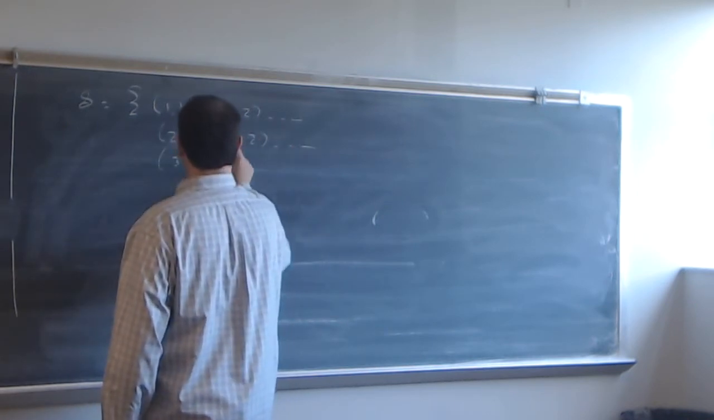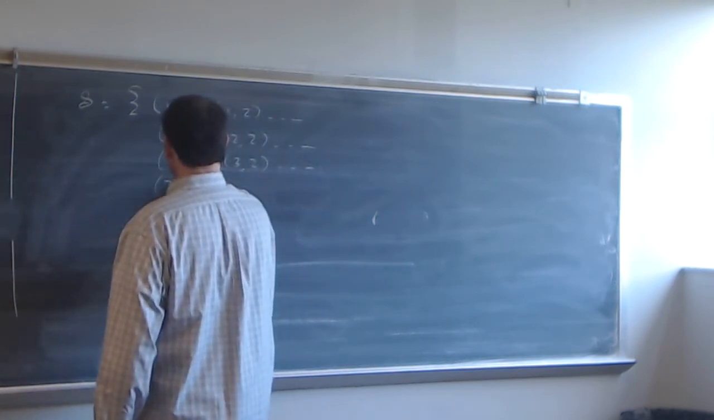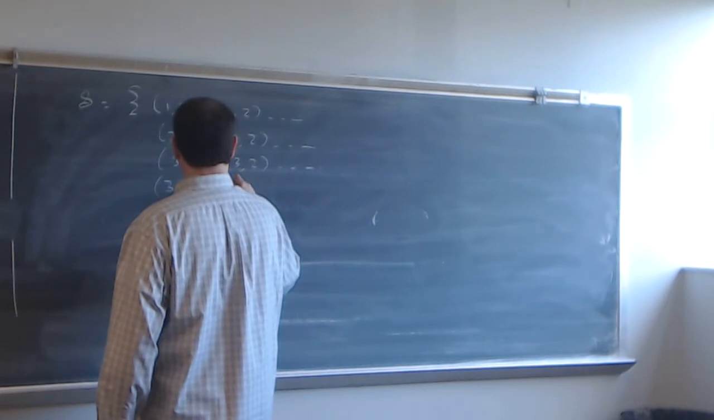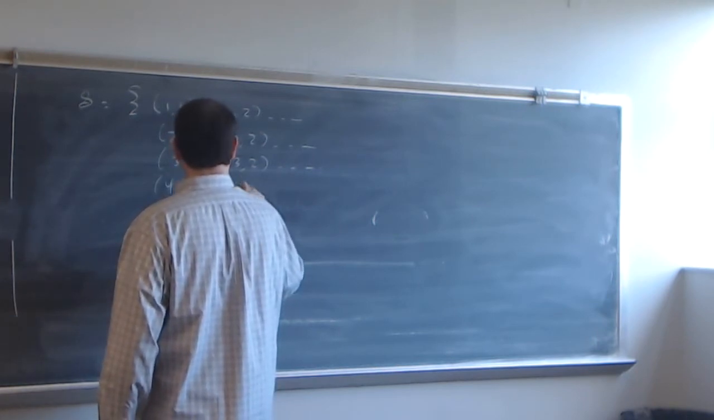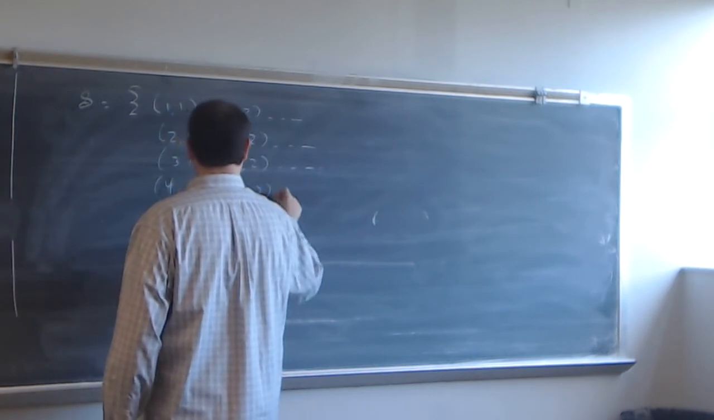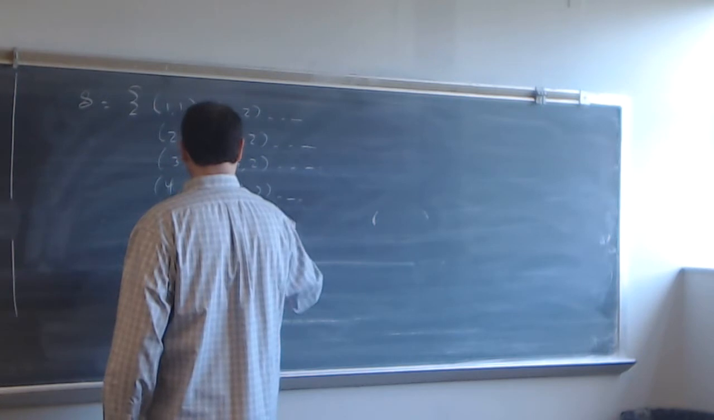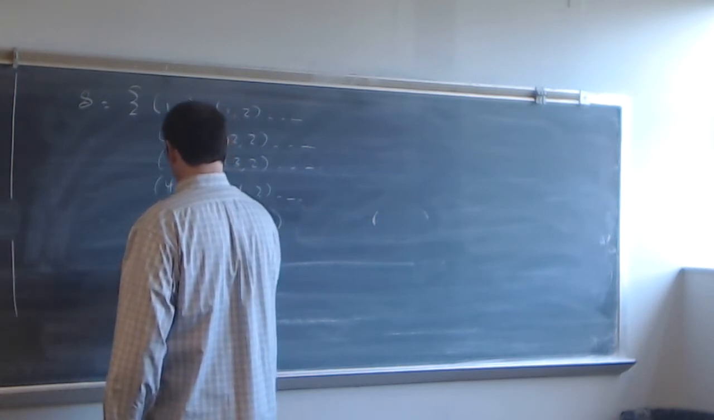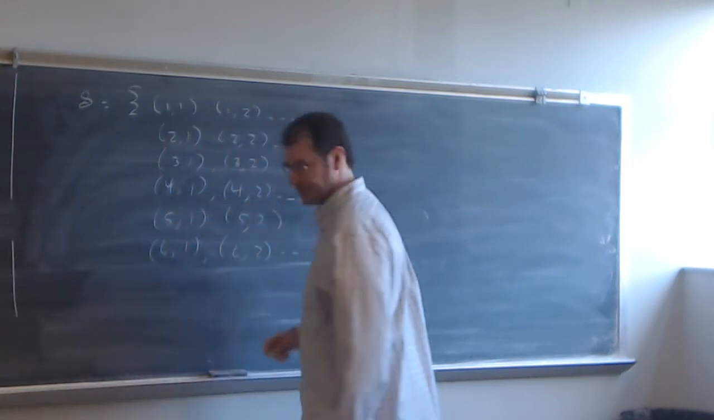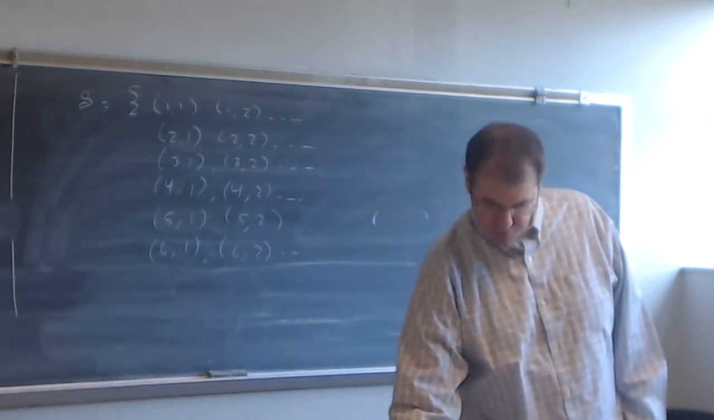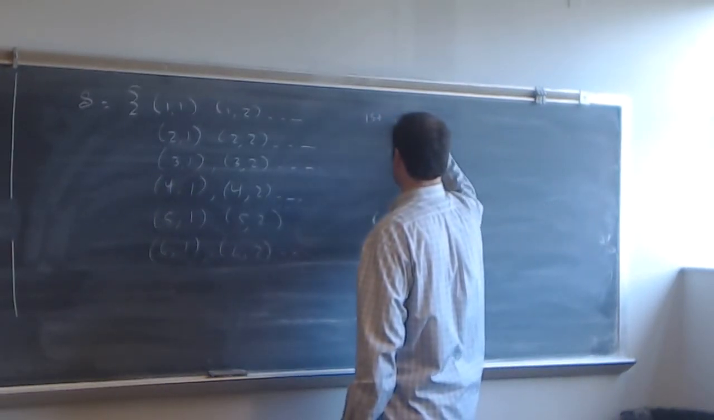3,1, 3,2, and so forth. Then 4,1, 4,2, and so forth. 5,1, 5,2, and so forth. And then 6,1, and 6,2, and so forth. Okay. And so what we want to do in terms of the first way is I'm just going to count,